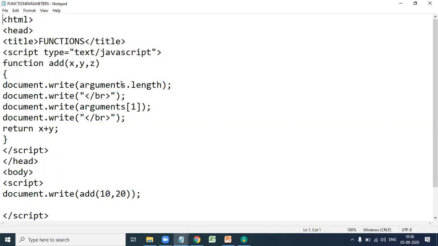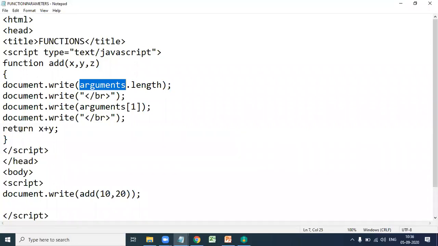All the actual parameters are accessible through the arguments property. Arguments dot length gives the number of actual parameters, and arguments of 1 means we access the actual parameters.